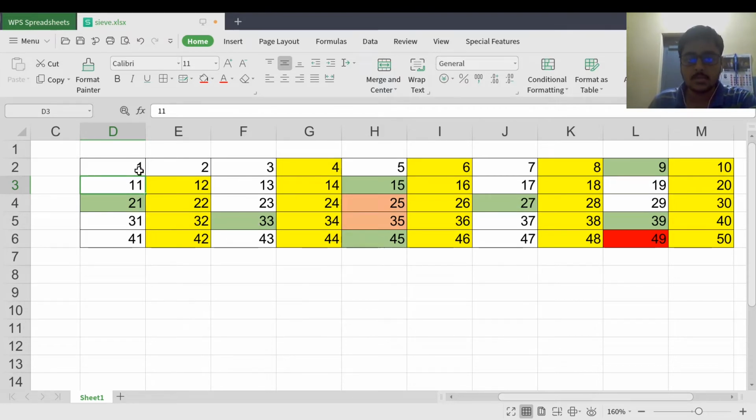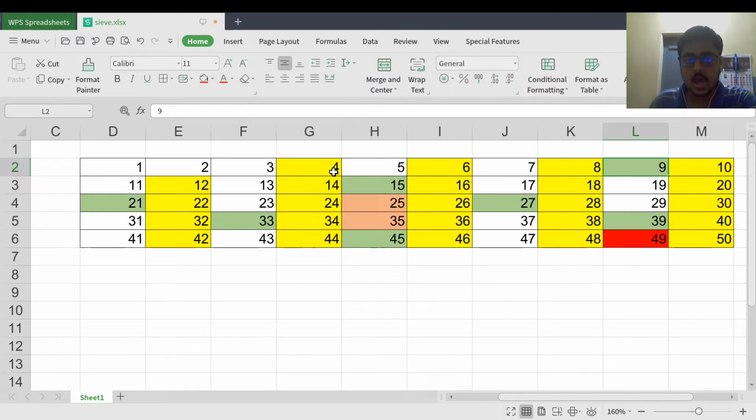Now you can see that for the range of 1 to 50, I am starting to mark from the square of that prime number. So when I started marking for 2, I started marking from 4. Then when I was marking for 3, I started marking the numbers divisible by 3 from 9.